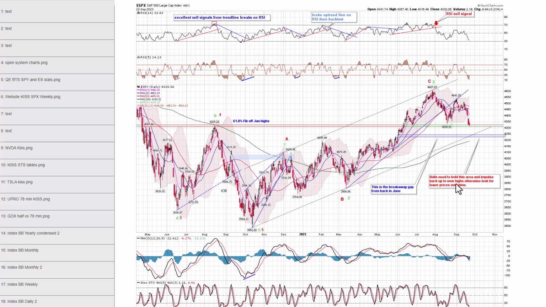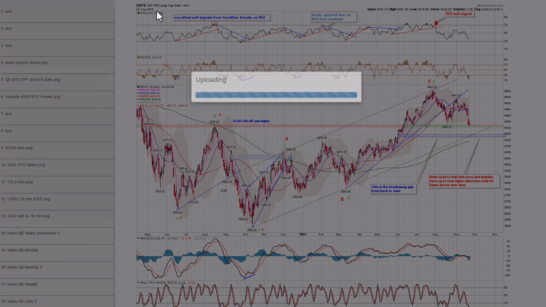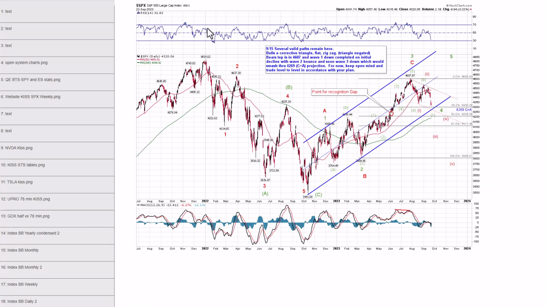Next, chart 28, here's the wave counts that we've been showing. Again, it's either a wave 4 that we're in, and like I said, if it's a wave 4, you really want to hold this point of recognition that I just talked about above on those dailies with that gap. You really need to hold that. Again, you can still go below it, but it starts weakening the case for the wave 4